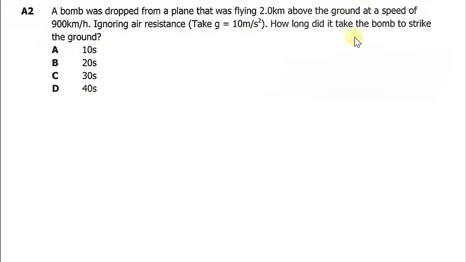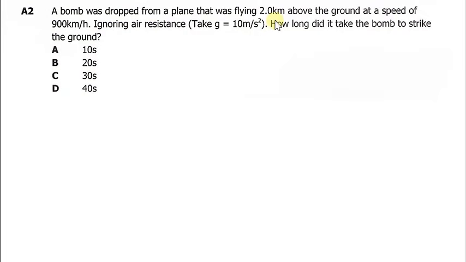How long did it take the bomb to strike the ground? Okay, so we have a plane that is moving, and then it drops a bomb. The plane was actually flying at 200 kilometers per second above the ground, moving horizontally at that speed. But from the ground to where the plane was,